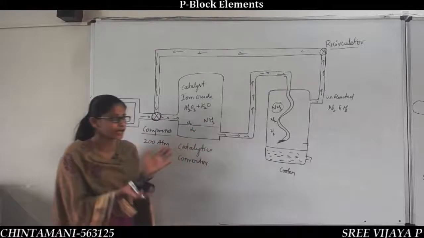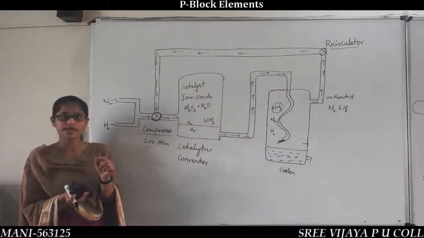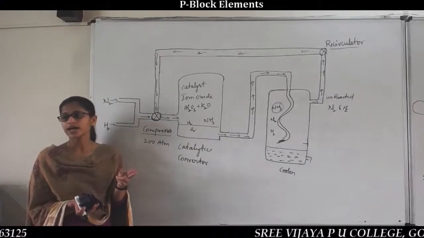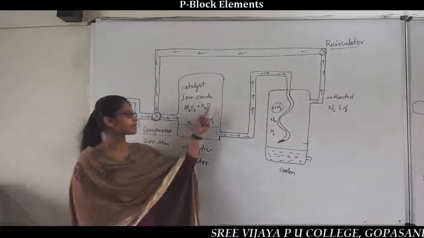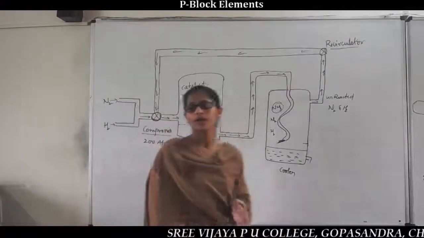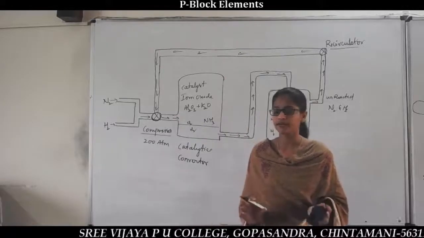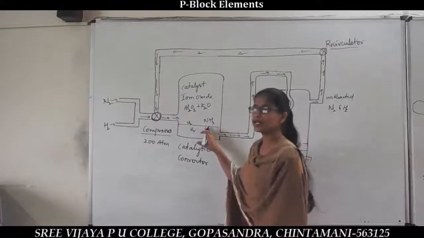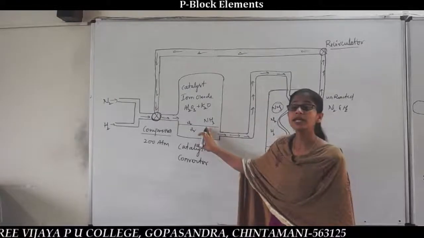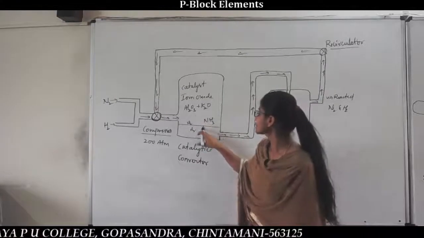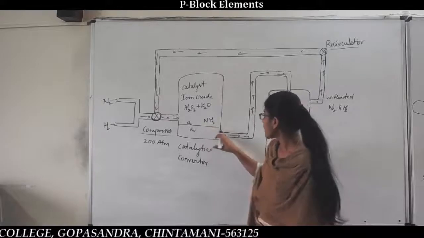So what happens, the direct combination of both nitrogen as well as hydrogen, the reaction takes place in the presence of the promoter and the catalyst, and it gives ammonia. Will all the hydrogen we use convert completely to ammonia? Never. So a small quantity of ammonia is formed. The remaining unreacted nitrogen and hydrogen also pass through along with the ammonia.